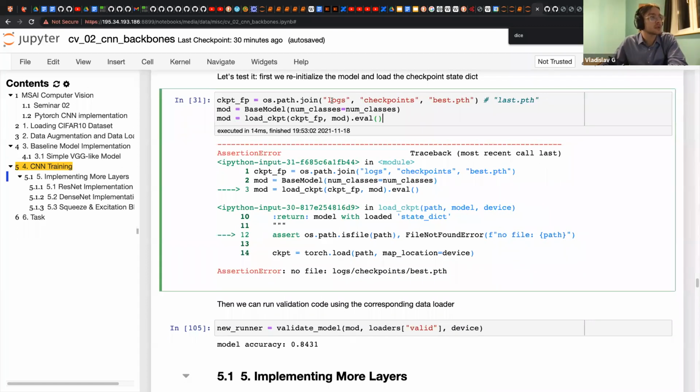And another thing, speaking about logs, we have the checkpoints directory, and here we usually have best.pth and last.pth, and usually also all the intermediate ones, like for example epoch 01 and so on.